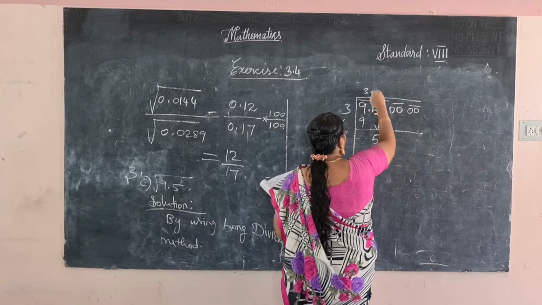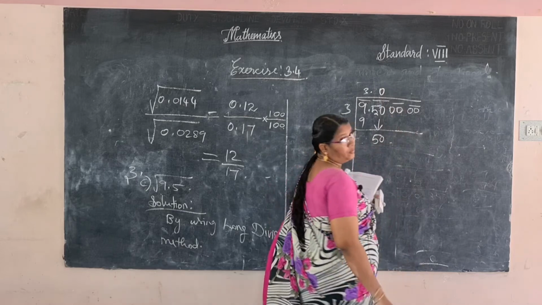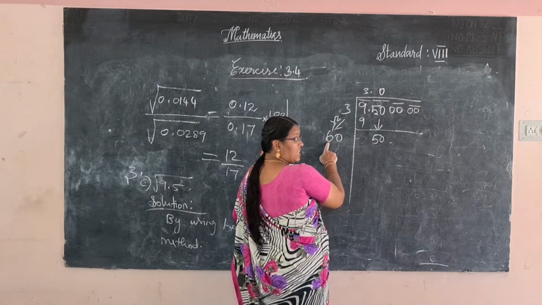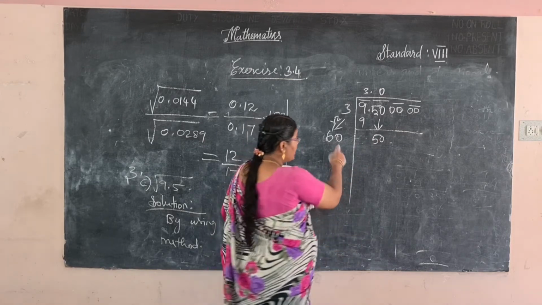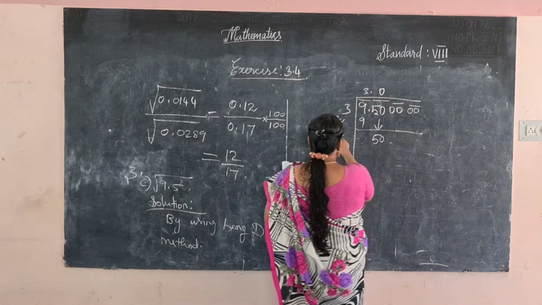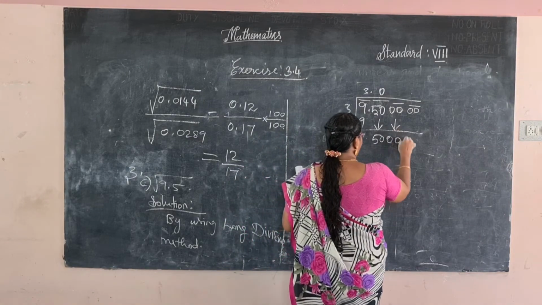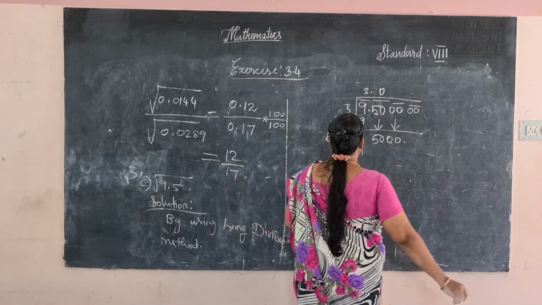In the quotient, here put the decimal point. In the numerator also add the 0. Why do you add it? It's not possible. Here the number starts from 6, here 5, the greater value is there. So add 0 in this place, in the quotient and divisor also. Now bring down the next pair of digits. So how many times is possible?